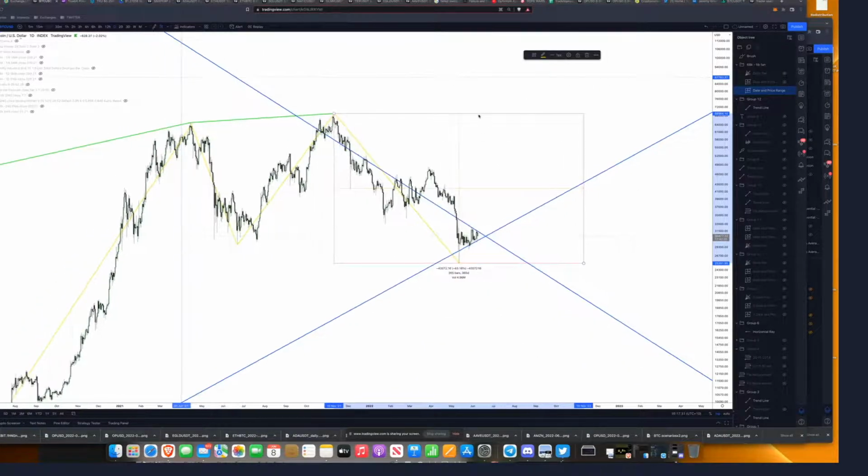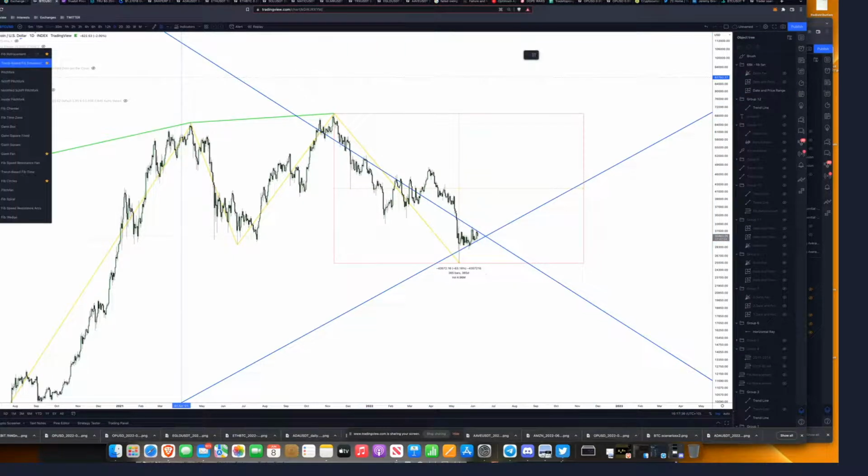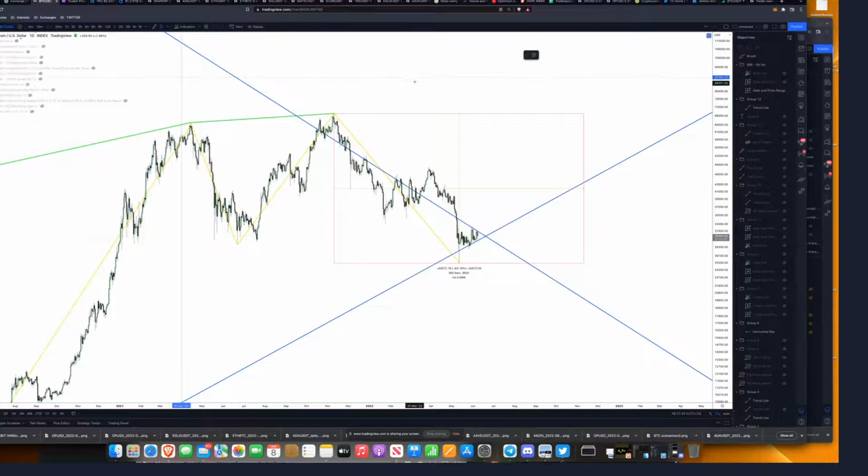So going back to this, the Fib fan is this one. If you haven't learned, the Fib fan is Fibonacci, but on an angle. There's two methods. I'm going to do the quicker method. We draw a line from top to bottom, and that line will be used with this tool,